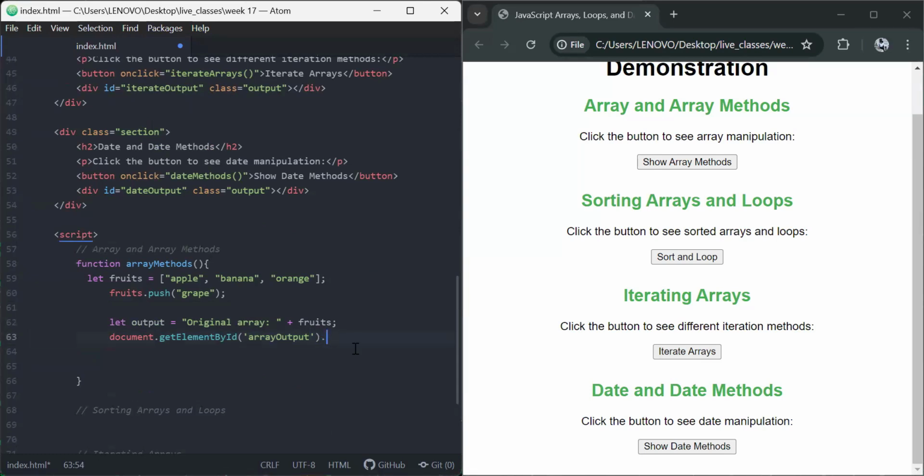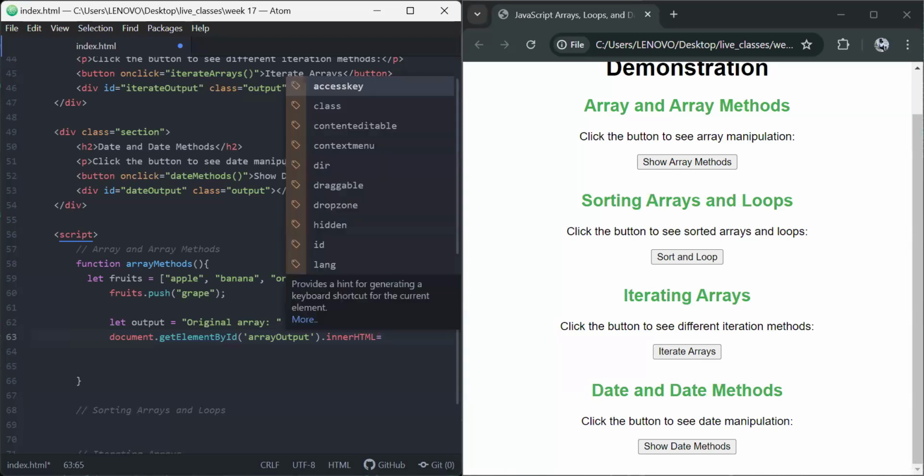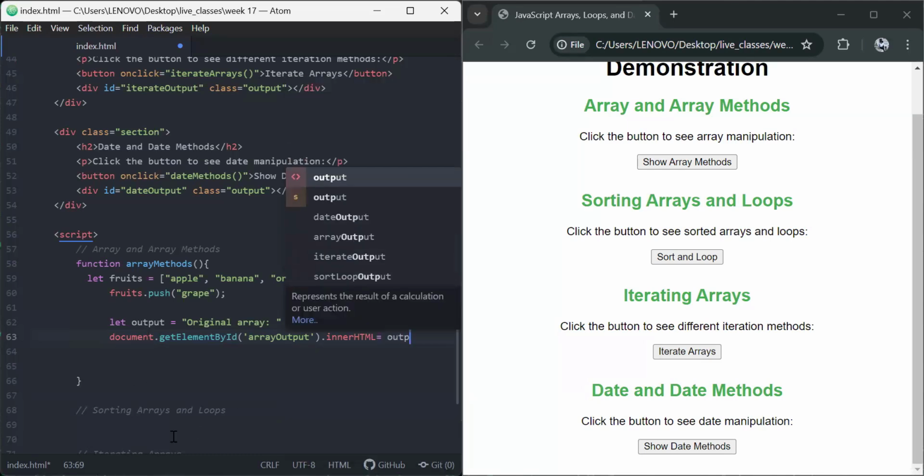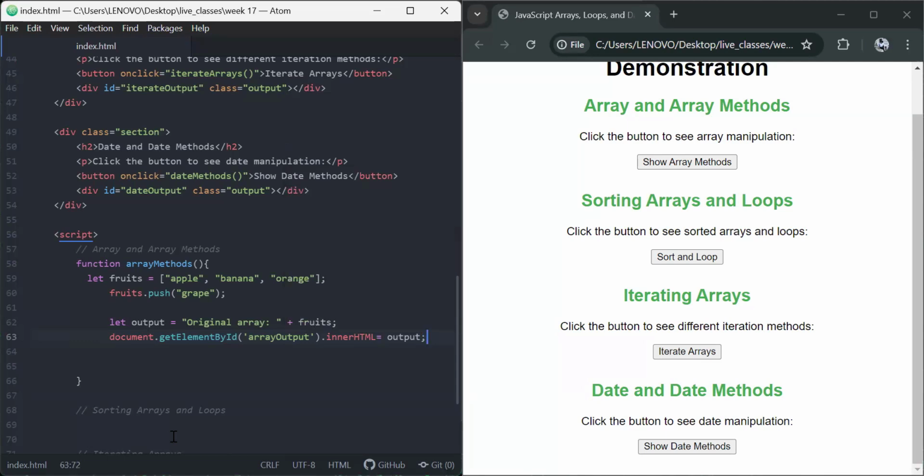So we use that innerHTML. We want to print out the output, which is a variable we have here. All right, hopefully if this works, we're going to see